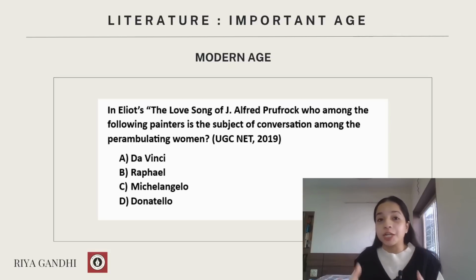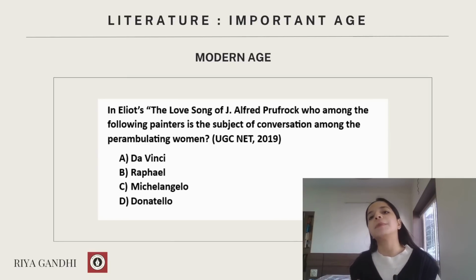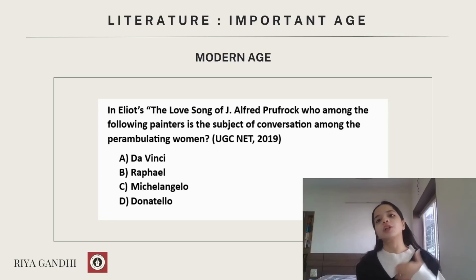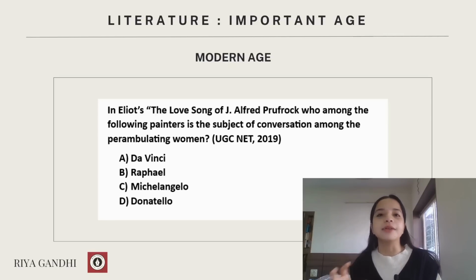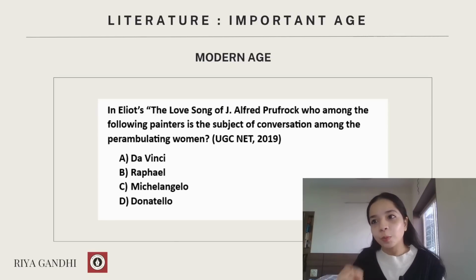Questions related to D.H. Lawrence could be from the chronology of his works. A question related to Virginia Woolf can be related to her characters. But when it comes to T.S. Eliot, questions might be a little bit different because we know that he's not just a writer. He's also a dramatist, a poet, as well as a critic. So for that, we need to understand his important works.